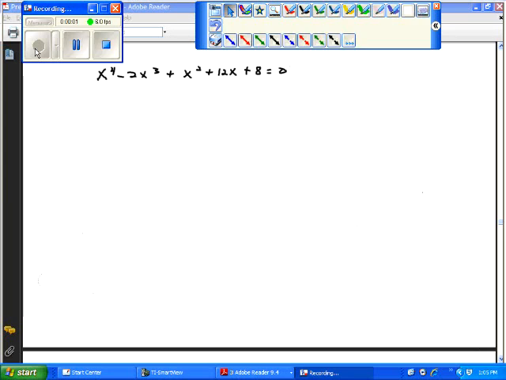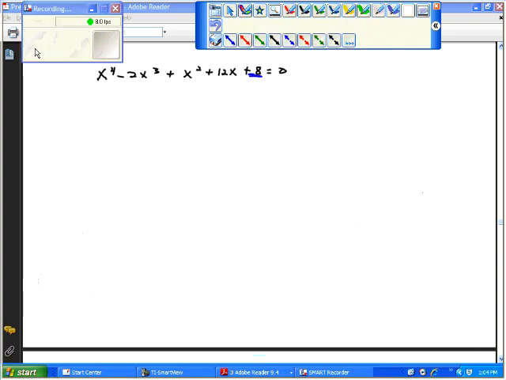Okay, we're going to start back over on number 9 from lesson 20. And the first thing we did is we found the factors of the constant: 1, 2, 4, 8. And we're going to try to find all of the possible real rational roots. And so we said we're going to go plus or minus those factors: plus or minus 1, plus or minus 2, plus or minus 4, plus or minus 8, over